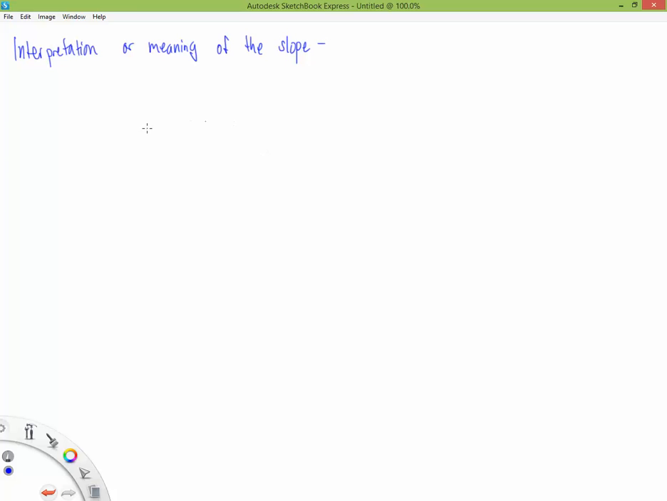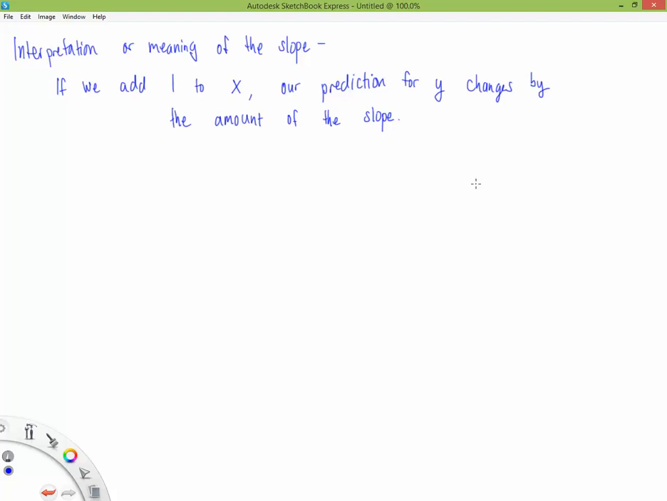Okay, so if we add 1 to x, our prediction for y changes by the amount of the slope. Okay? So in the context of the problem,